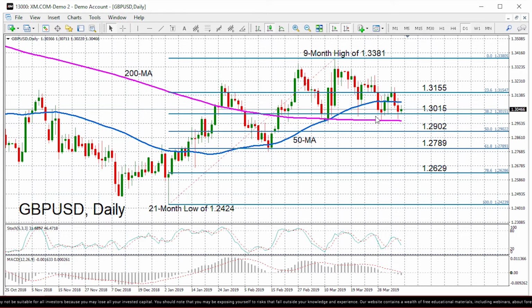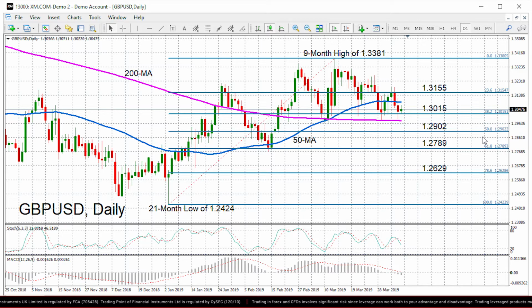We have seen the 200-day moving average acting as an important support level over the past couple of weeks or so, the past month in fact, and if that support level is broken, it is around 1.2975. We could see the pound dollar falling towards the 1.29 handle, which is the 50% Fibonacci retracement of the up leg from 1.2424 to